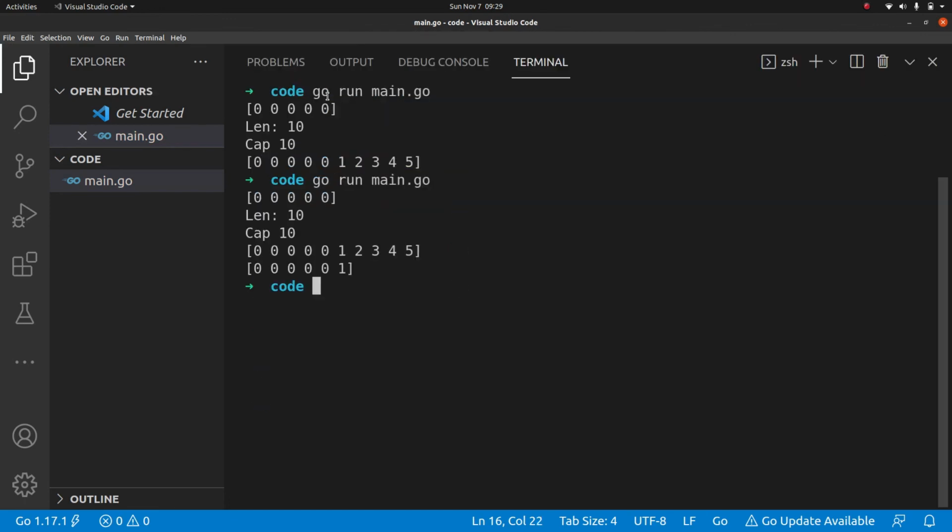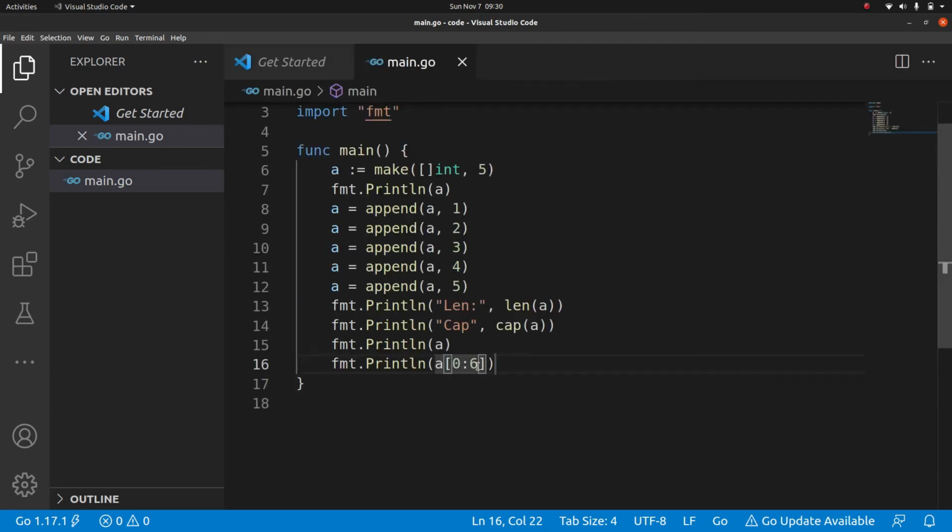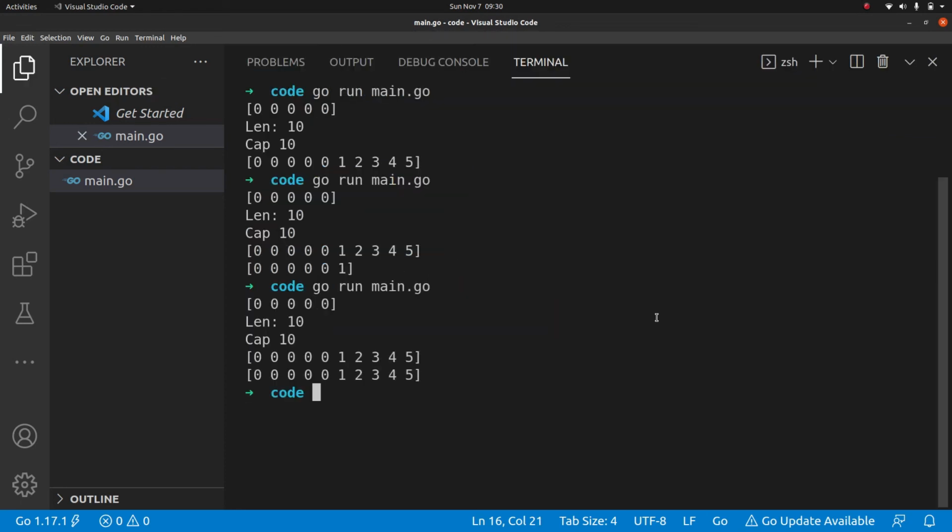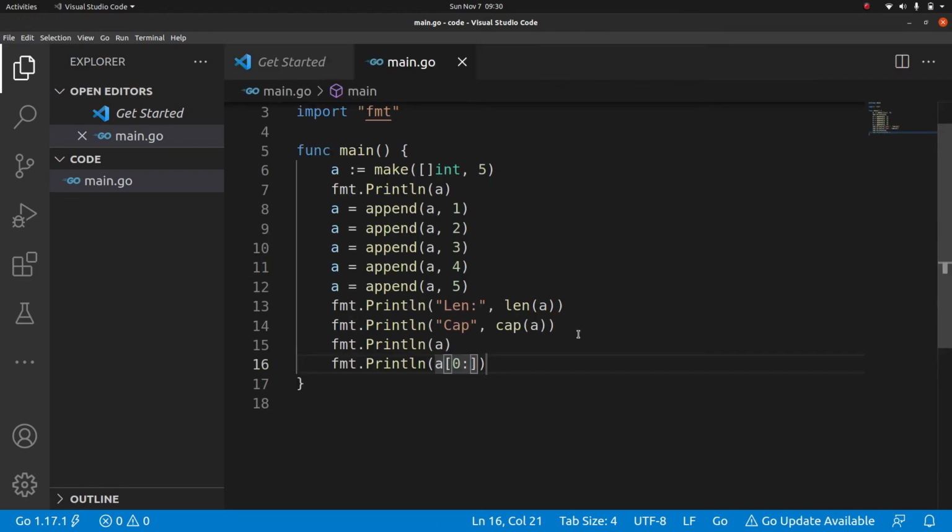Let's run that. So you can see it printed till index 6. This is index 6 and this is index 5, so it printed till 5. And if we don't specify the ending element,